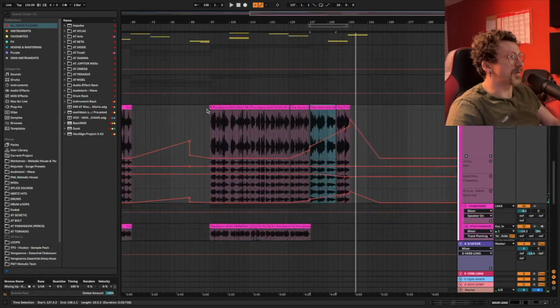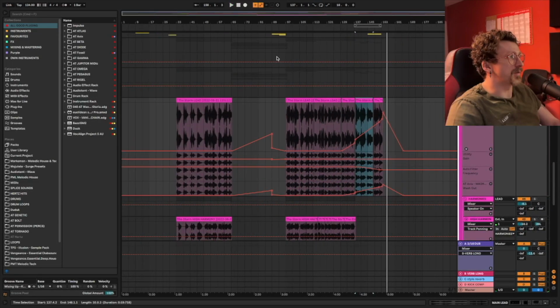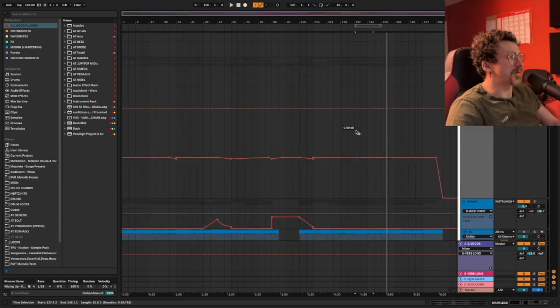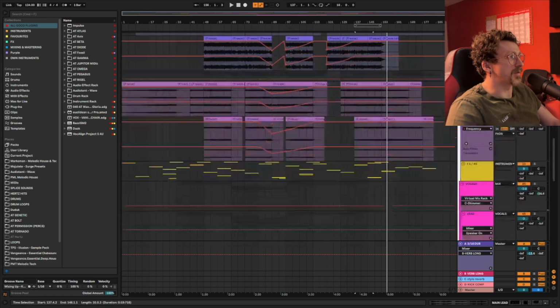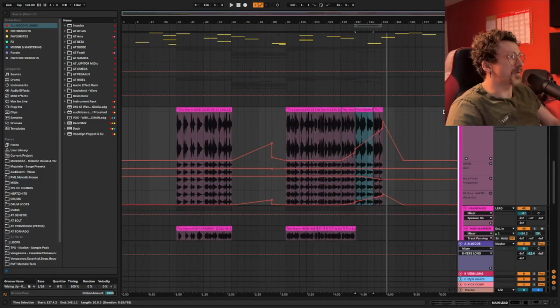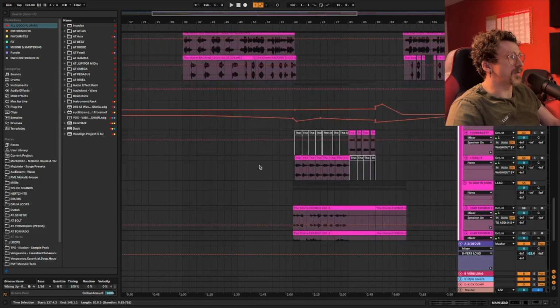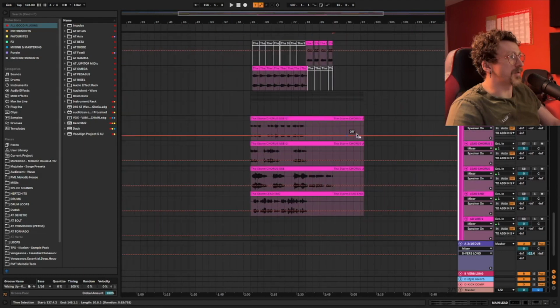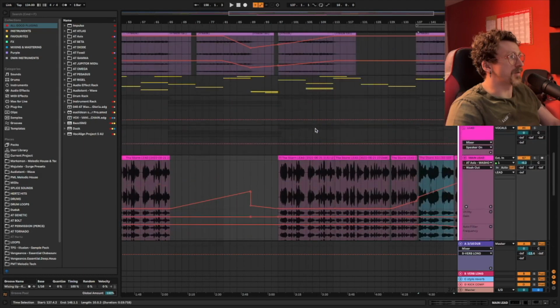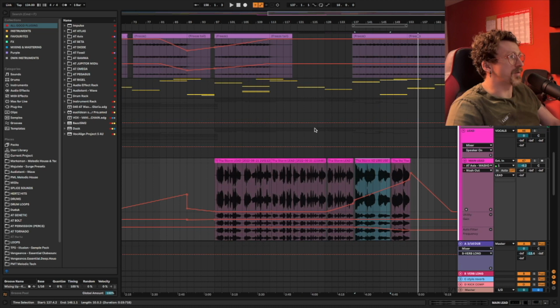So all in all, I wouldn't say it is the most complicated track, especially in terms of the instrumental. I think the complexity comes from the vocals, and that's what gives it the interest as well, because we're holding back the main hook, we're then throwing in little sort of bridge components to keep the interest here and there. And in terms of the lyrics as well, if you listen to them, I'd say they're pretty interesting,